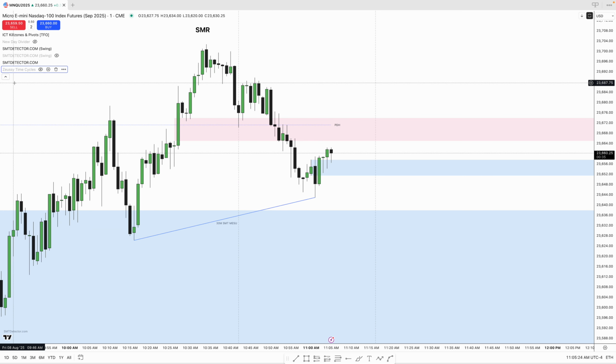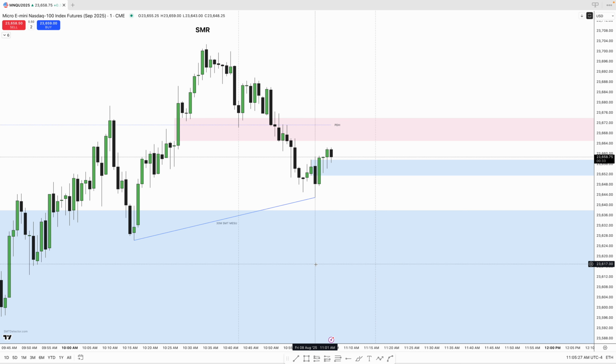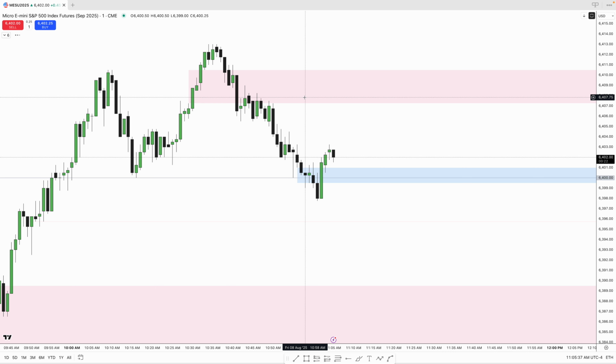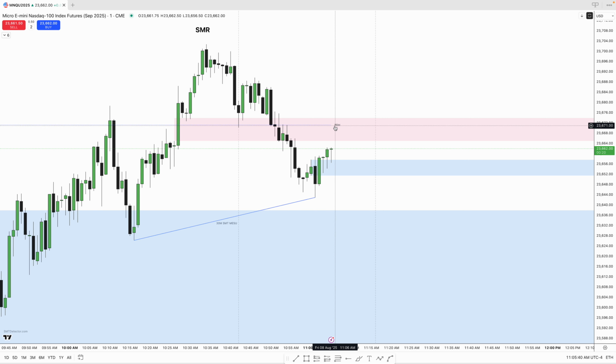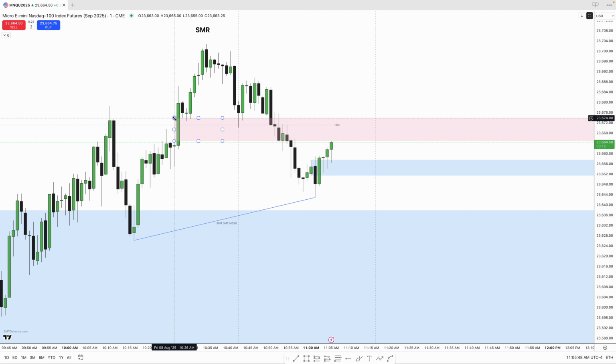ES will be lower, obviously. So, you know, I would like this 1101 low to be not the same on both, but given the fact we have that cycle SMT, like a long would be valid here. But for me, I'm not that comfortable in taking it because I'm pretty much break even on the day, and I've taken 2 trades. So, you know, what I'm probably gonna do is